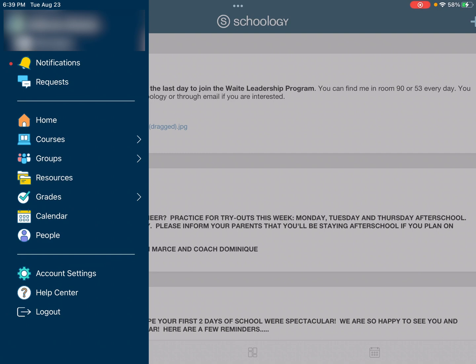A word of caution, the grades that are in Schoology are not usually the same as what's in PowerSchool, so please use what is in PowerSchool instead of Schoology. Now, the easiest way to keep track of the assignments that your kiddos have in Schoology is to use the calendar. So when we tap the calendar,